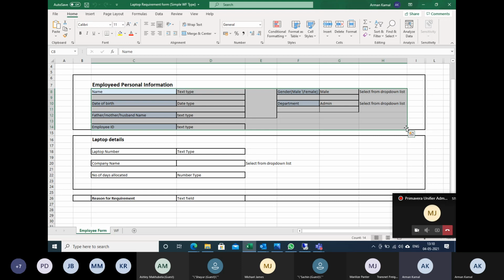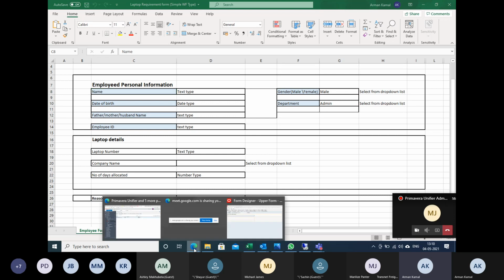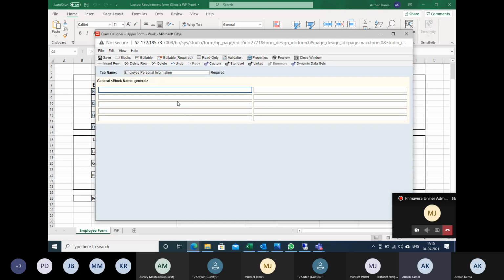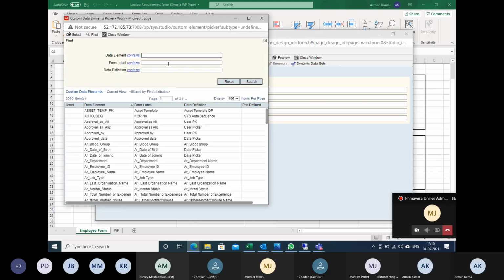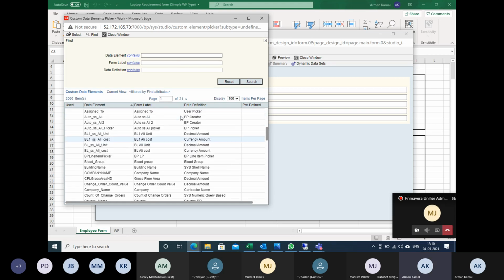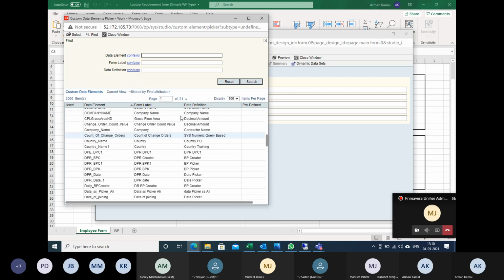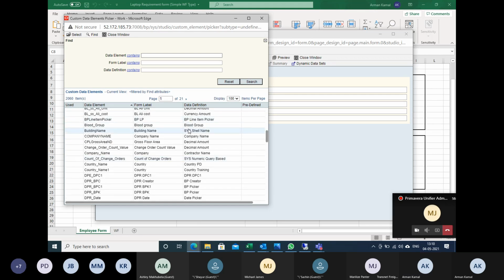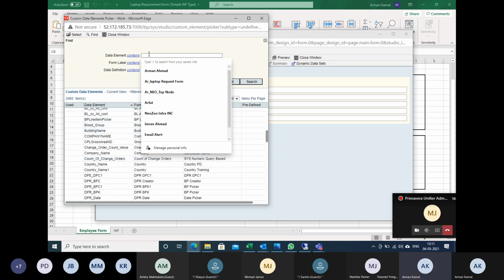The user will select the BP picker from the employee details itself. So it will save a lot of time recreating all that data. I will select the custom option and look for any BP picker.